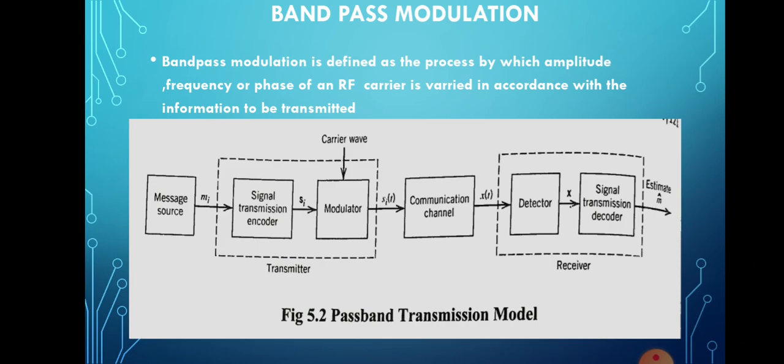The difference between baseband and passband is that in baseband transmission no modulation technique is used. We are coding the signal into a waveform, using pulse code modulation, delta modulation, adaptive delta modulation, like that. In passband modulation, different modulation techniques are used, and the carrier signal behavior is changed in accordance with the information signal. Okay. So go through this topic and prepare notes.